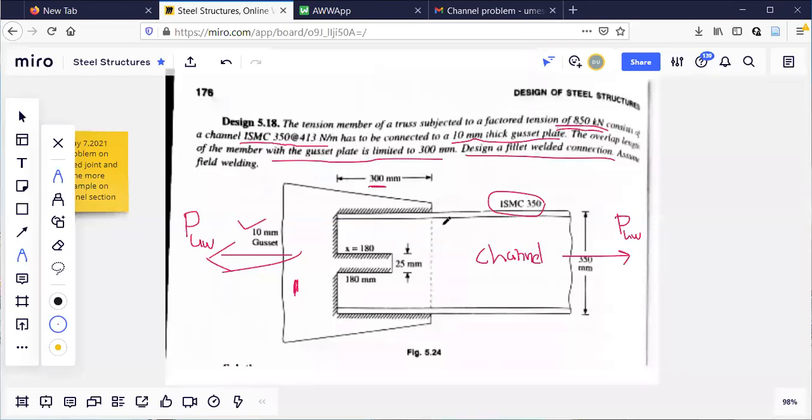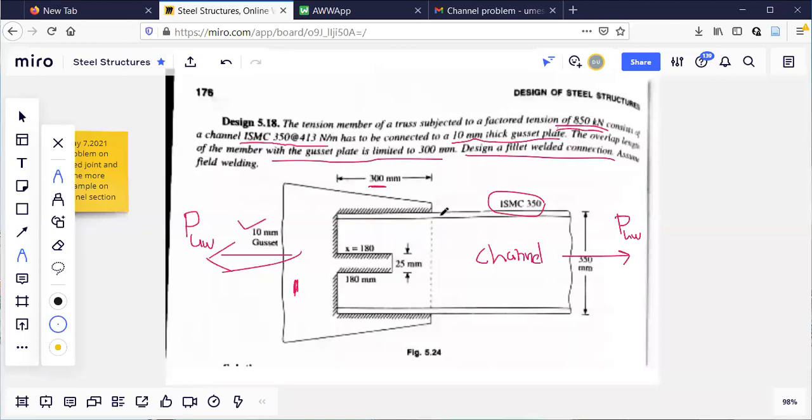size is this much. You have to give the size; the fabricator will not understand the throat thickness and all. That fabricator will not understand what is throat thickness. So you have to tell him size is 6 mm or 8 mm or whatever you are getting now. So let us say 6 mm, and length should be given.